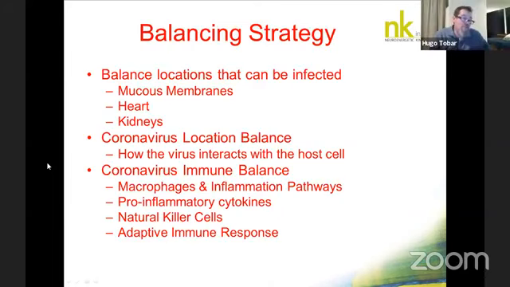And we also want to balance the immune system, and we'll be very creative on how we're going to do that. I want to do it in a very general way with kinesiology, and not in a very specific way, like as if I was teaching someone the NK coronavirus course. That would be very specific. I want to do it more generally, broader, more available for kinesiologists in general.